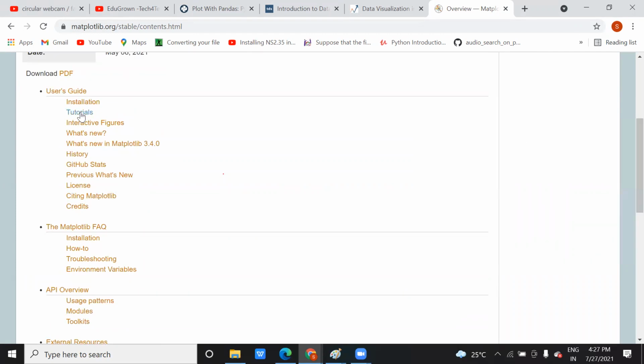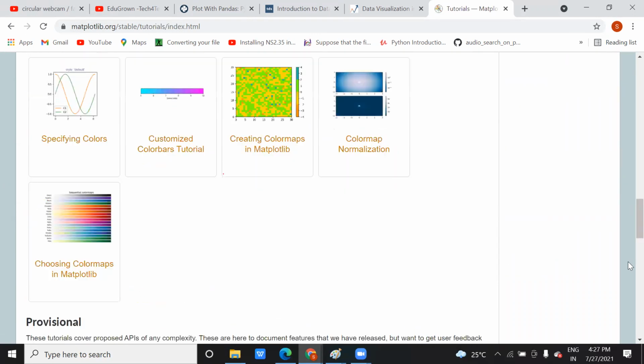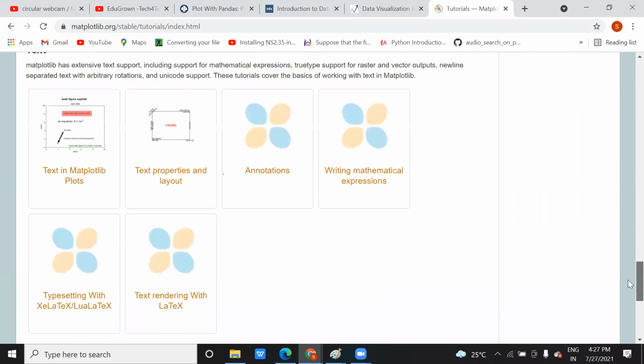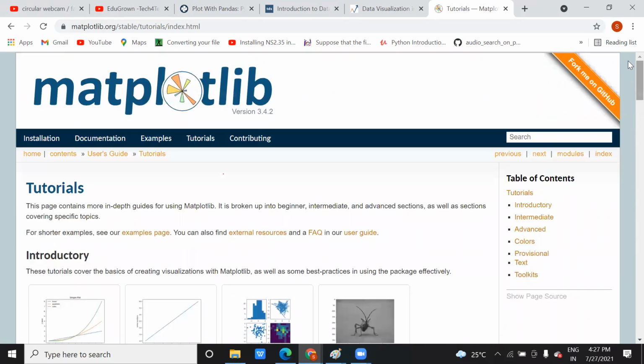I see. Okay. It's not added in this. NumPy, Matplotlib, Pandas, Seaborn, these are all different libraries. They are not included in Python.